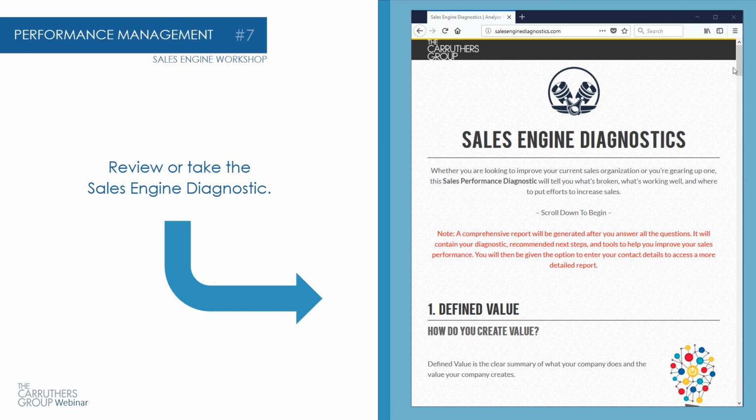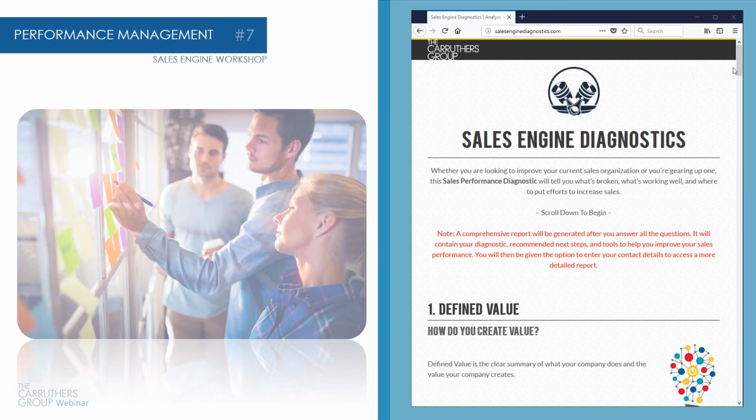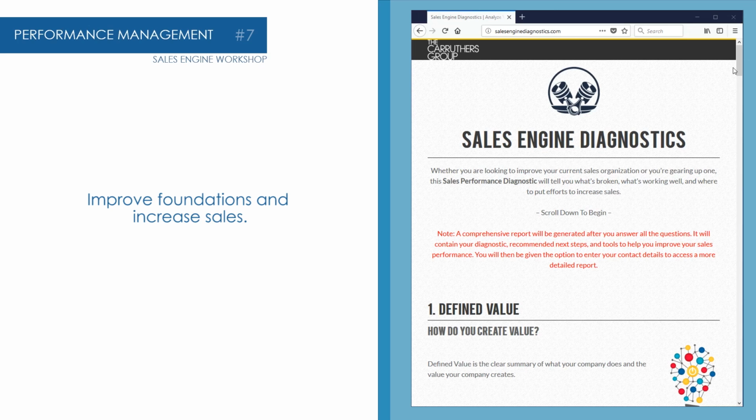So my advice to you as a next step, if you haven't taken the Sales Engine Diagnostic, do it. If you already have, take 5 or 10 minutes, review it, and create some action items for yourself. And here's another one. If you're a member of a team and there's maybe 3 or 4 or 5 other people that could take the diagnostic, have them take it too. Look at all your results, find a time to meet and go through them. See where you're aligned, see where you're apart, and then start taking some intentional steps to improve these things and get better. If you do that, I promise you, your organization will improve. Your sales systems will improve, and you'll generate more revenue.